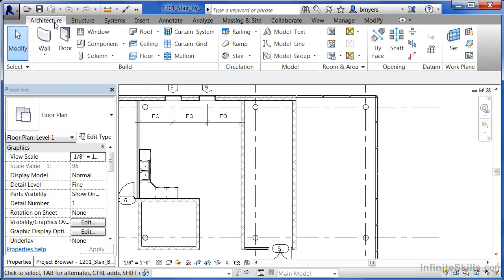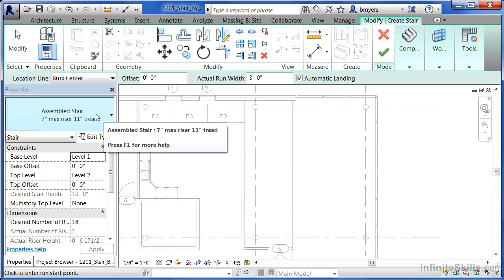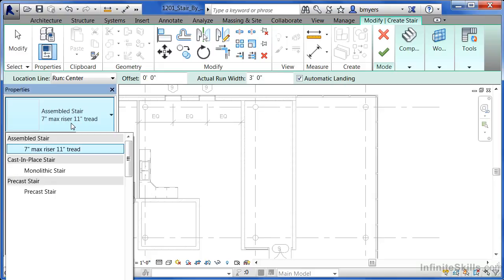Now, come underneath the Architecture tab, and we're going to find the Stair command right above the word Circulation. After selecting the Stair command, I want to point out that underneath Properties here on the Type Selector list, it's currently a 7-inch max riser, 11-inch tread staircase. If we select the Type Selector list, we'll see there's actually 3 different kinds of staircases currently loaded into